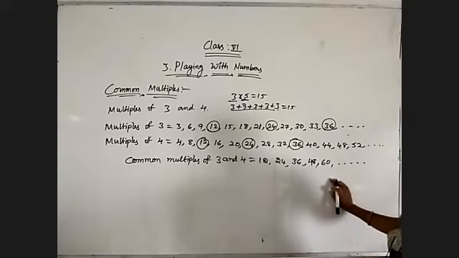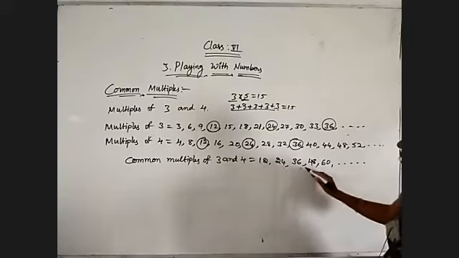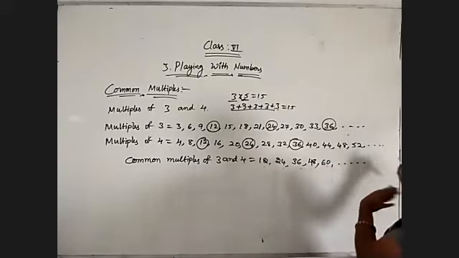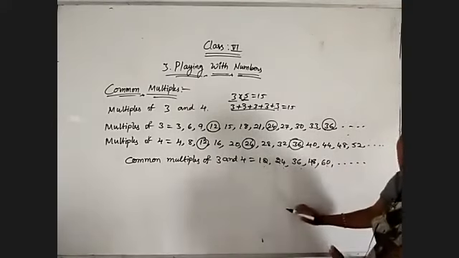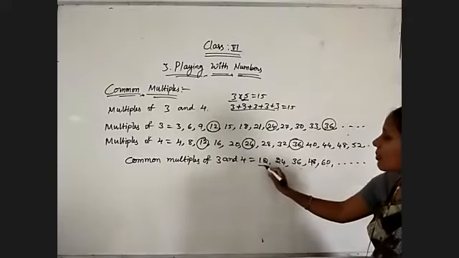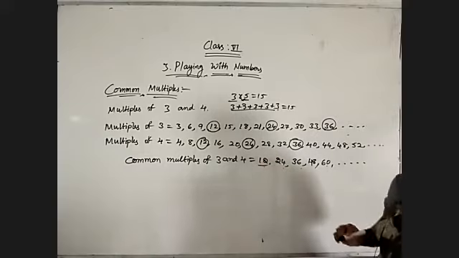Now, what is our topic? Least common multiple. Least means smaller value, common multiple. Among 12, 24, 36, 48, 60, all will increase, yes or no? That is ascending order. That means the first one is the smallest one. That is, LCM of 3 and 4 is equal to 12.